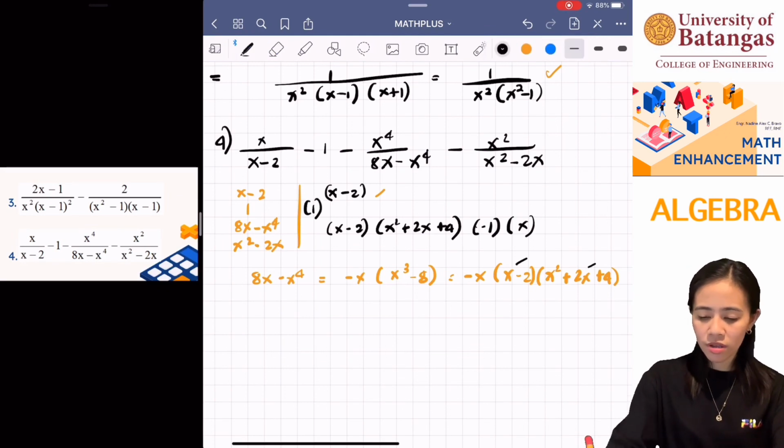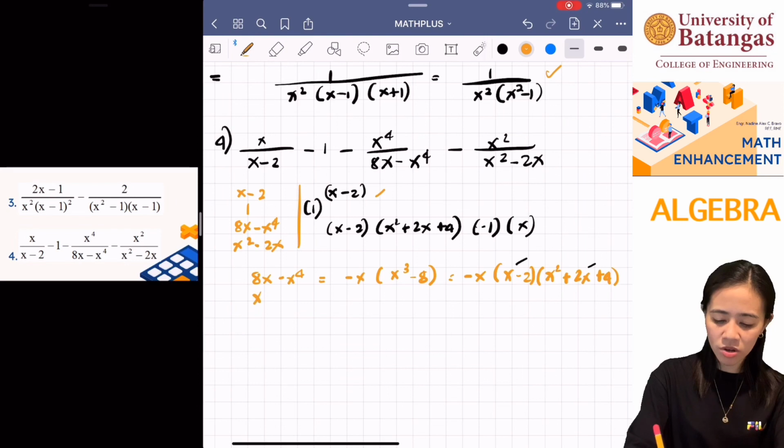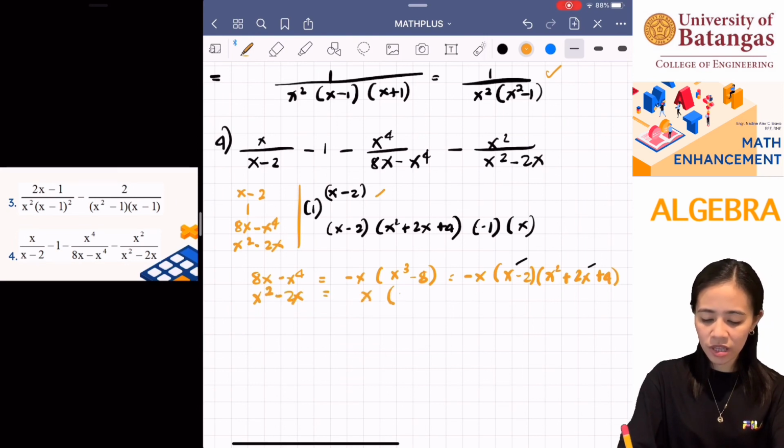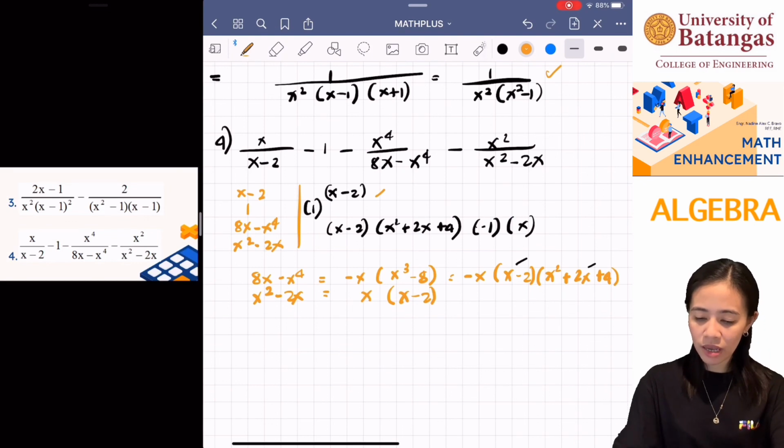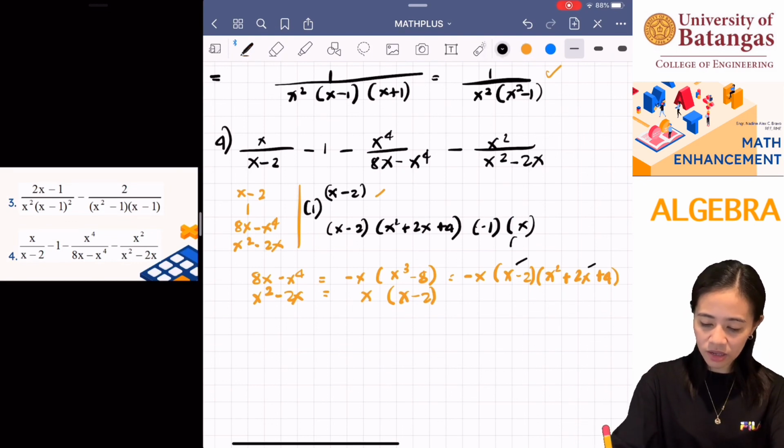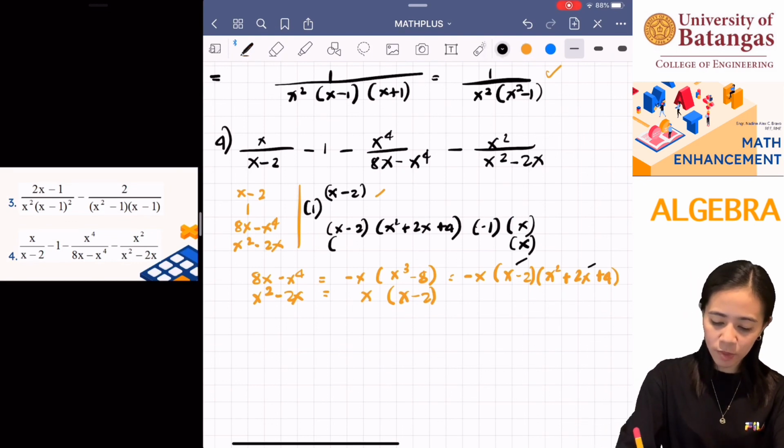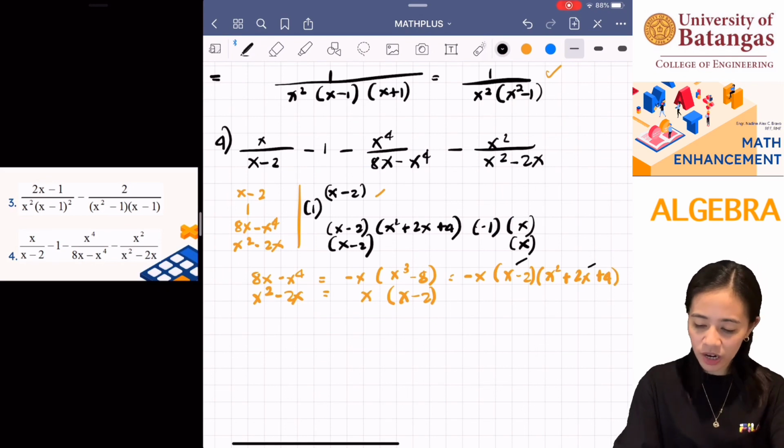Okay? For the next, or the last denominator, you have x squared minus 2x. Obviously, x is common. And then, you'll get x minus 2. So, let me list that down as x. Okay, tsaka x minus 2. Which means our LCD,